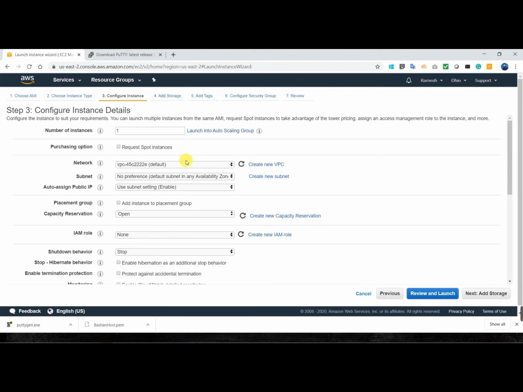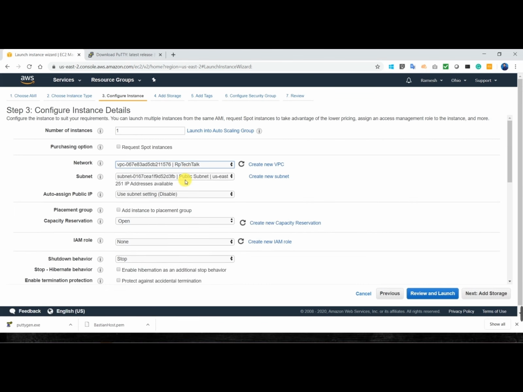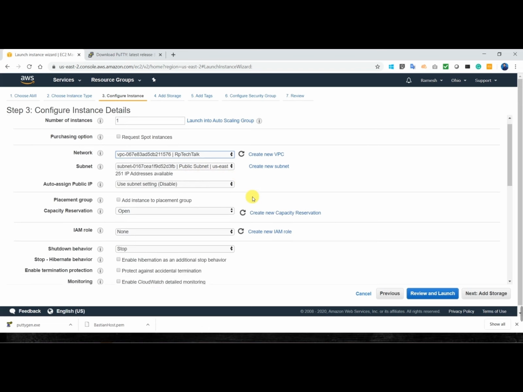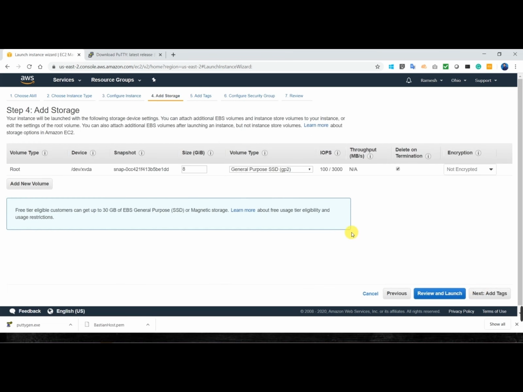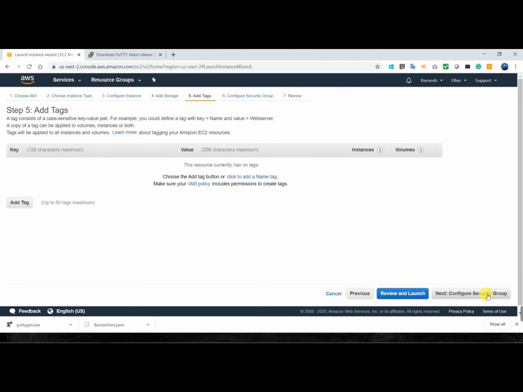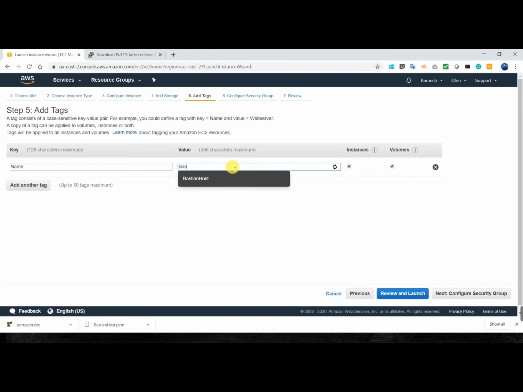Here for our demo purpose, I already created a VPC and two subnets, one private and one public. So I'm launching this instance in the public subnet, and I'm enabling public IP for this instance. For our demo purpose, 8 GB size is enough. And next to tags. So I'm creating a tag here. This is my Bastion host, Bastion server,